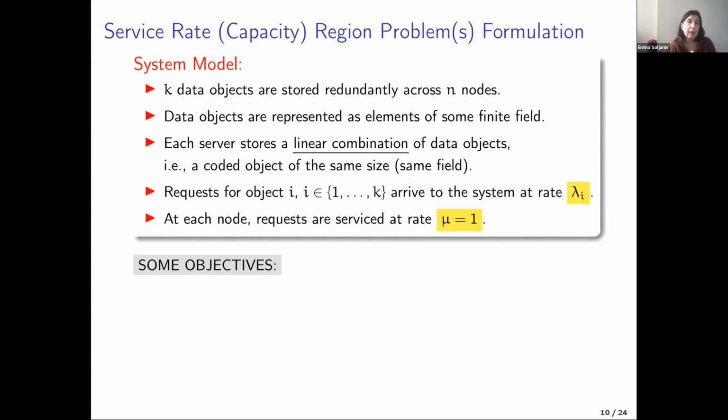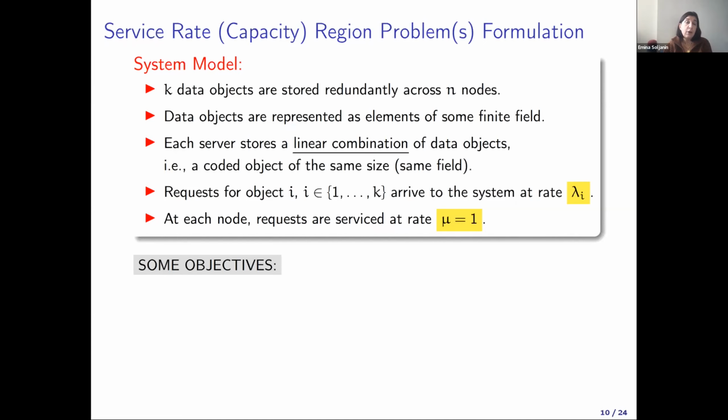All right. So the problem, or there are several problems, and the formal formulation is as follows. K data objects are stored redundantly across n nodes. Data objects are represented as elements of some finite field. You can think about that as bits. Each server stores a linear combination of data objects,